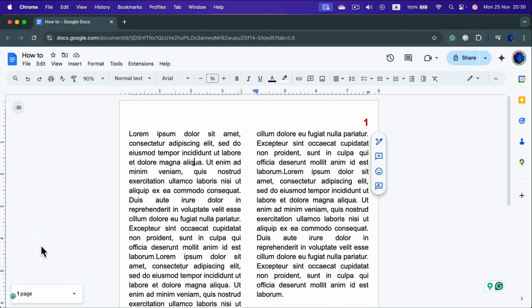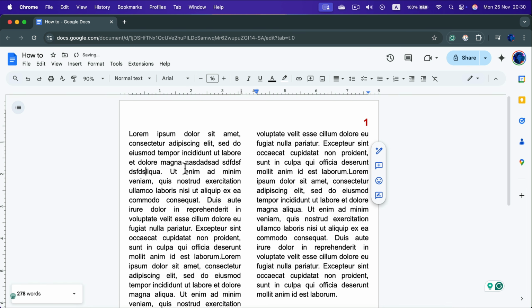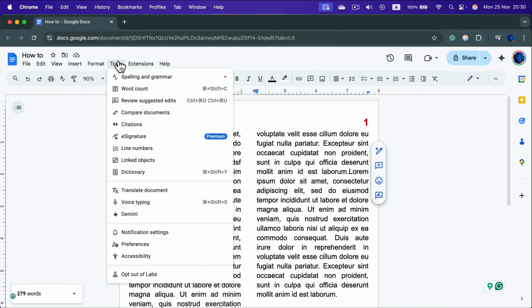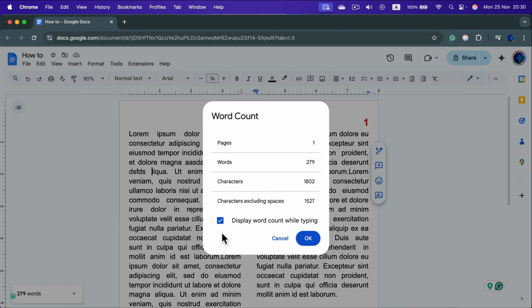You can always move that to pages, words or characters, and you will see it all the time, and while you're typing you will have additional words popping up here, so you can monitor it kind of live. So that's how easy it is. Simply Tools and word count is here, and you can turn on and off the